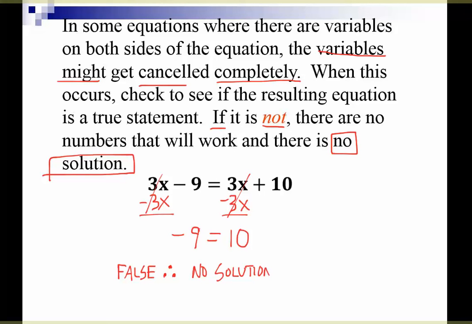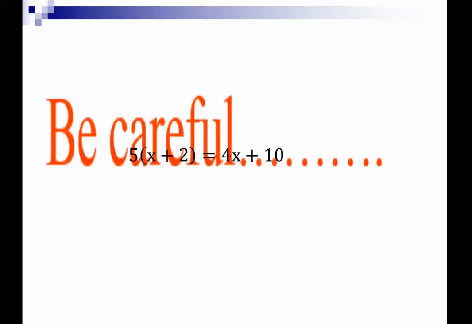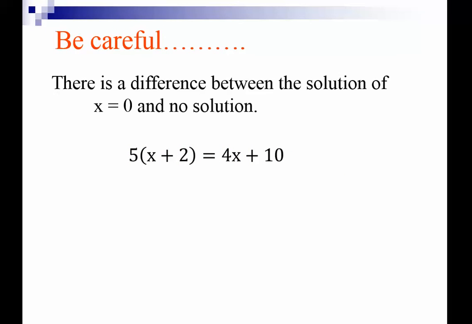You could not come up with any number for x that's going to make this equation up here on top true. Okay? You can try if you want. Whatever you plug in for x, it's just not going to work. And that's what that false statement implies. So just remember, when you're doing these equations with variables on both sides, sometimes variables will cancel out. It could mean that you have all real numbers as a solution, or it could mean that you have no solution at all. And then you could also just have a normal answer, right? So they could be like examples 1 through 8 that we already did before,